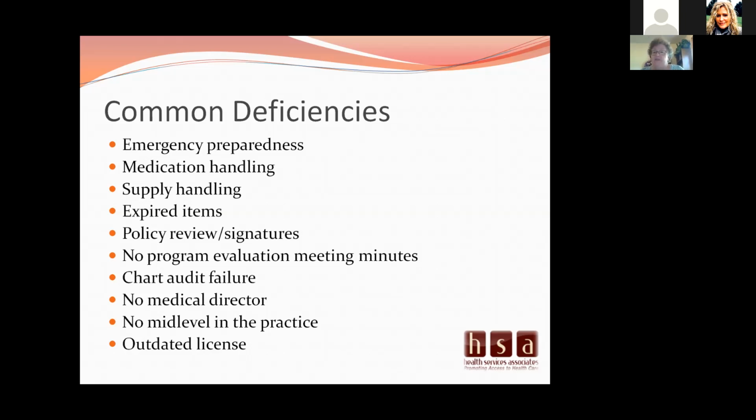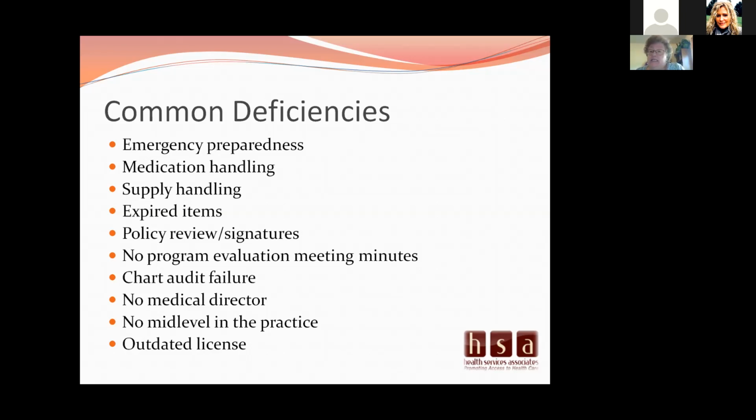And then what they do is they see one whole row, consent to treat, is all zeros. You're going to get a deficiency for not having effective consent to treat. The other thing that they look at is this total tool document spreadsheet, and if you have more zeros than you have X's, your medical record audit failed. And that can also be considered a deficiency.